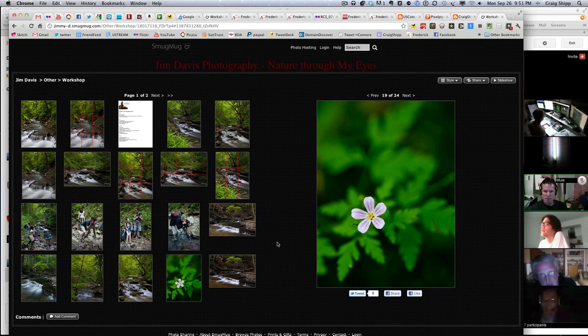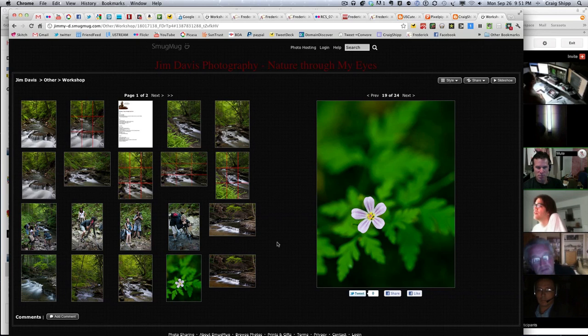Sure. When you shoot in manual mode, you start to get a better understanding of light, because you're consciously looking at how many seconds it is, what your f-stop is, what your aperture is, things like that. As well, if the camera is metering for you, it may not always be the right metering for what you're shooting. So with this flower, I metered off the flower because the flower was the most important thing. If I was to set it on matrix metering in aperture priority,